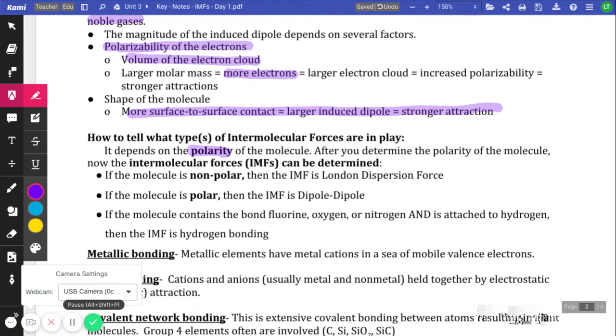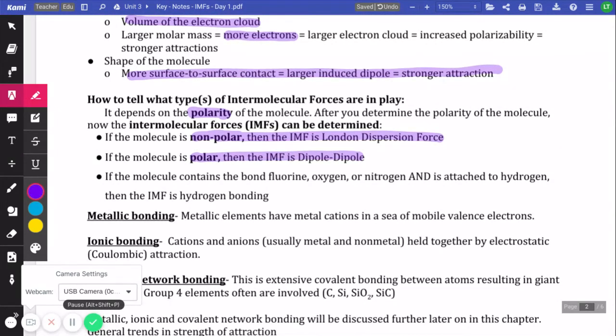After you've determined the polarity, we can determine the intermolecular forces. If it's nonpolar, then the IMF is London dispersion automatically. If it's polar, then the IMF is dipole-dipole. And if it's polar and the bond is hydrogen attached to oxygen, nitrogen, or fluorine, then you have hydrogen